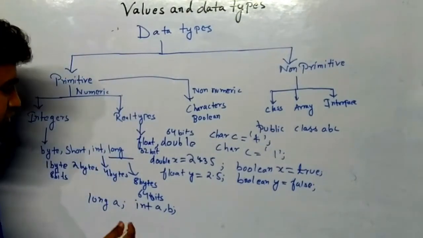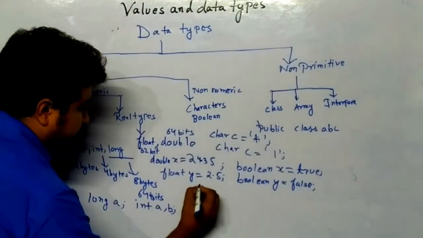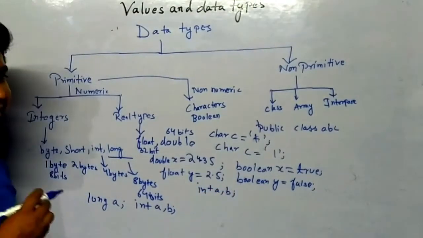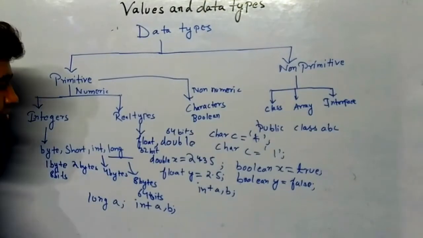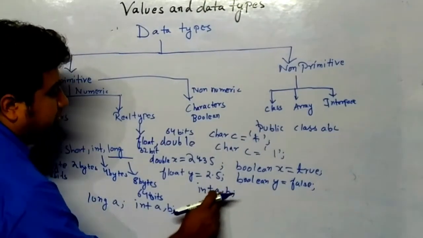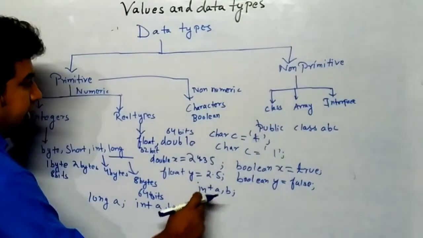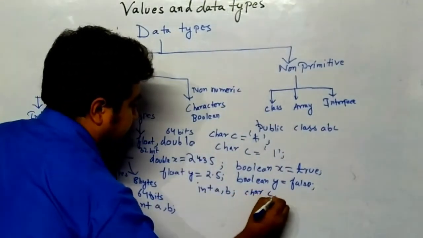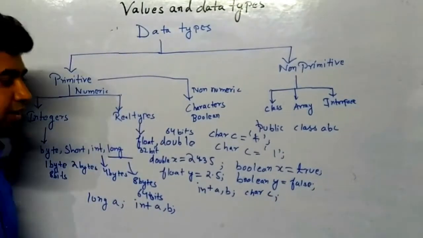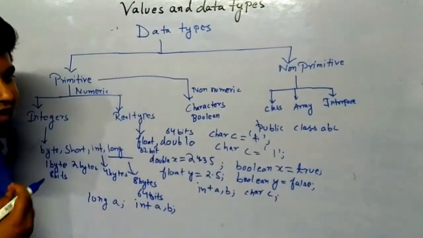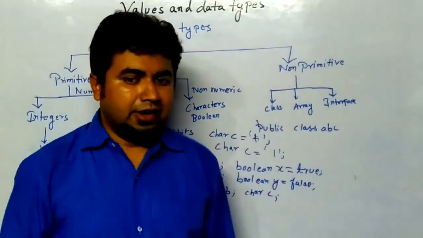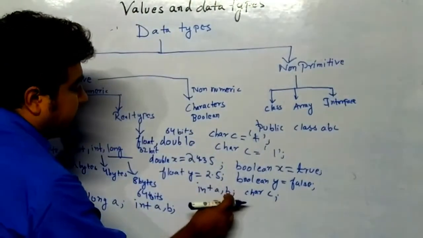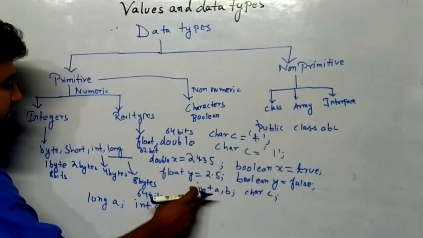Now one more thing you can see from here, a comma b. This is known as declaration. a comma b is declared as integer. Here also you can see that if I am writing here char of c, you can think that this is a declaration. c is declared as character type, meaning c is eligible to take a value as character. Here a and b are eligible to take values as integer.